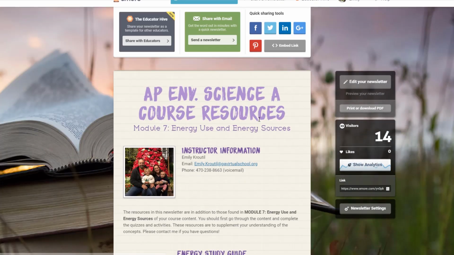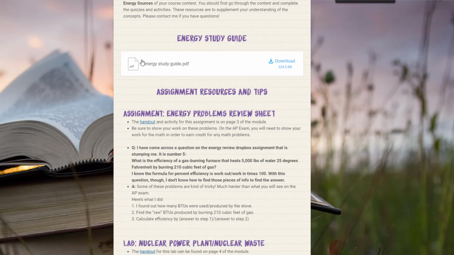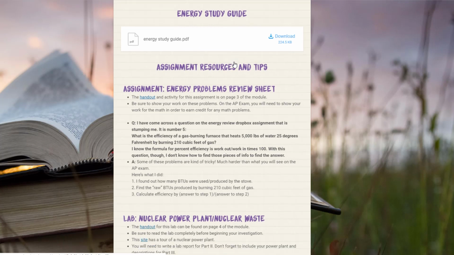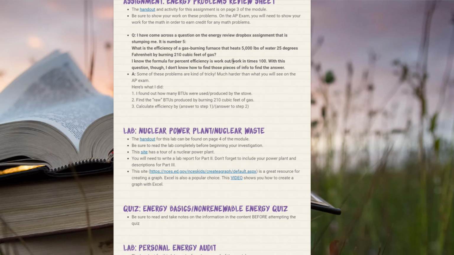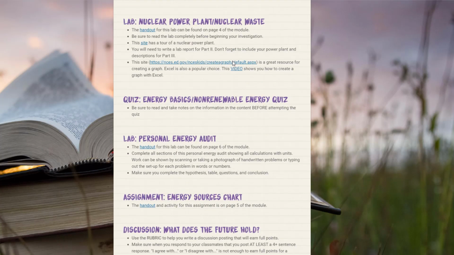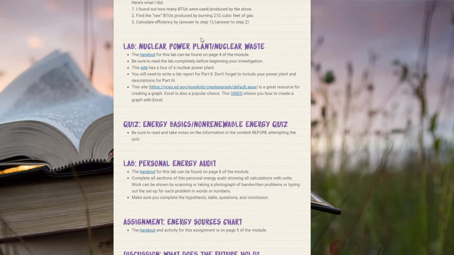So you click on that. It has the resource. This is a study guide for this unit, so you're more than welcome to download that and work on it to help you study for the test. So here we go. The nuclear power plant nuclear waste lab. So the handout can be found on page 4, or you can just click this link. This site has a tour of the nuclear power plant, and then you're going to need to write a lab report for part 2, but you're going to need power plant descriptions and things for part 3. So that's what I was meaning, the parts